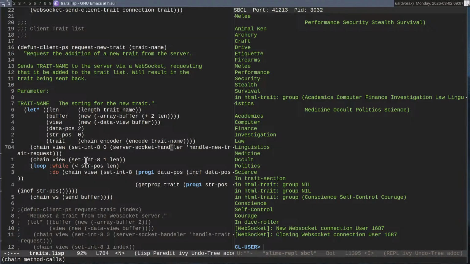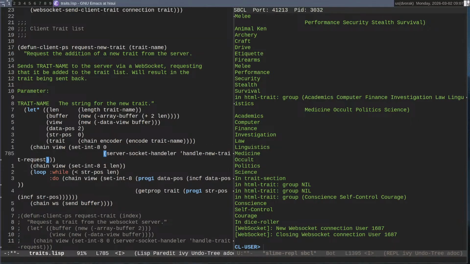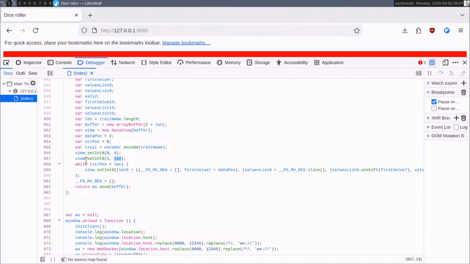Let me do this here so we can read it. We are setting the first thing to the handler. We're setting the second thing to the length. And then we're doing a loop. What does this loop do?